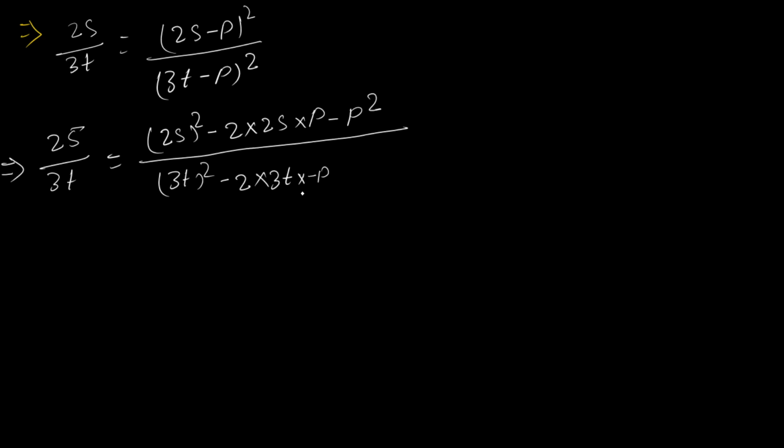B is this one. So p and minus p ka whole square. So plus, no, here also plus, minus p ka whole square. Am I right? Right, sir. Okay, so 2 2 ja 4 s square minus 2 2 ja 4sp minus p square, it will become always plus, so p